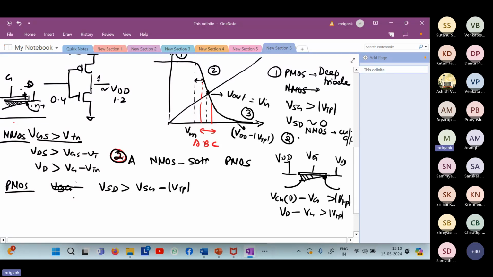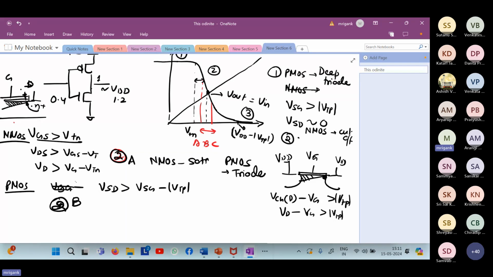So for both these cases, you can remember, using the physical phenomena, like how the clipping happens, how the pinch off happens. Based on that, whenever there is a confusion, you can derive what is the condition for the PMOS and NMOS. So for this NMOS case, because the source is common on both sides, we just say VD greater than VG minus VT. And in case of PMOS, this is the condition. So in this region, because the drain to source potential is low and the gate to source potential is high, we are getting in the region A, PMOS still in triode region. Is it clear? Any question on this?